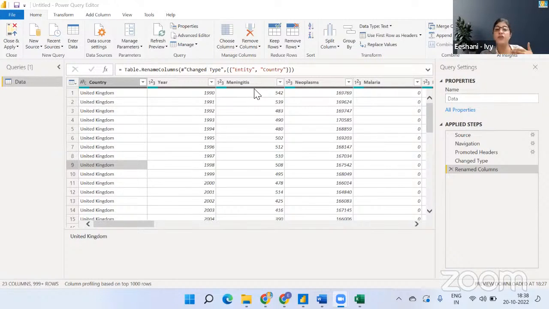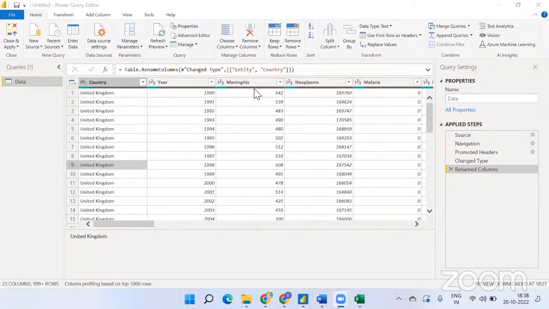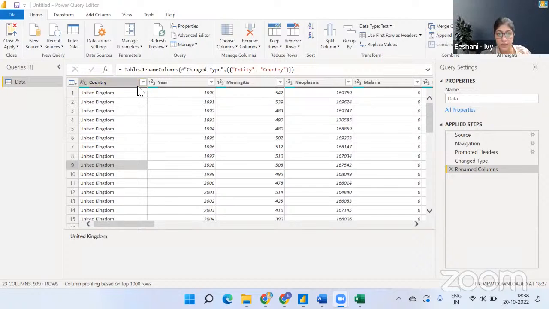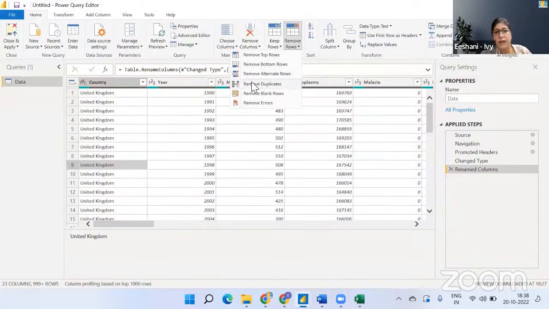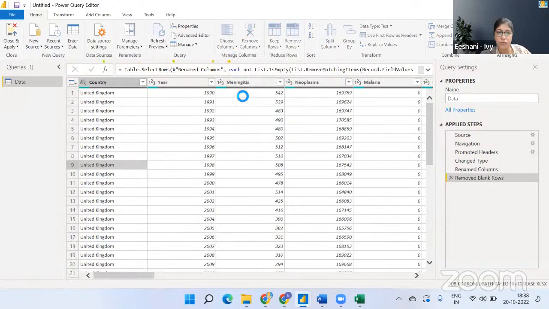So how do you get rid of these empty rows? Do you think we should keep it or remove it? I think we should remove it, ma'am. Absolutely remove it. How do you remove it? Very simple. On the top, you have remove rows, right? Once you click on it, you have a choice called remove blank rows. This area that you're working on right now is called Power Query. So if I click on blank rows,